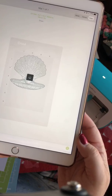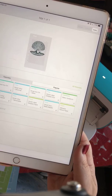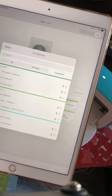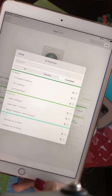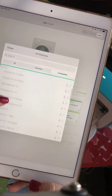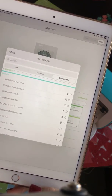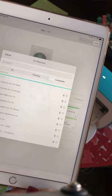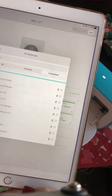and then we have to choose the material that we're going to use. Now this is where I wanted to show you. So anything on the mat, these are all the selections you have. If you're going to be using the Joy on the mat, you can use cardboard, you can use cardstock, all of these different iron-ons. Now, some people use not Cricut iron-on, so what you have to do is choose the iron-on that is similar to